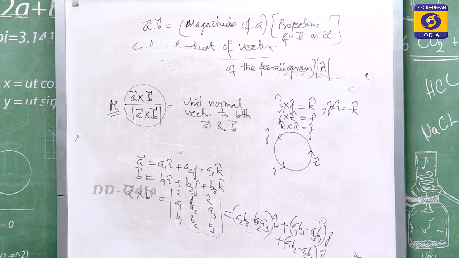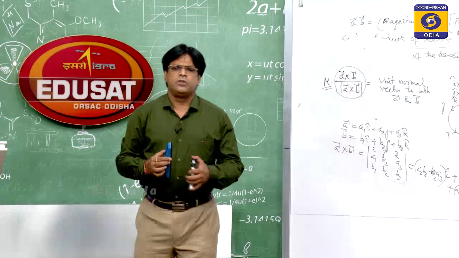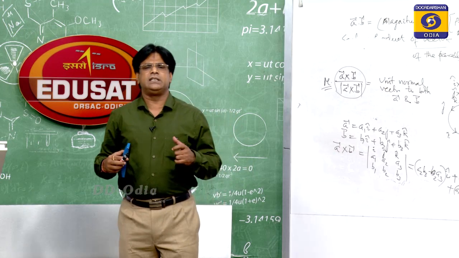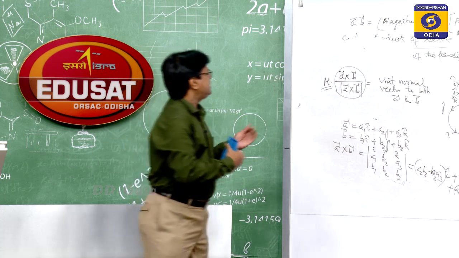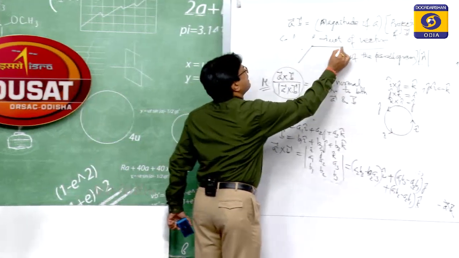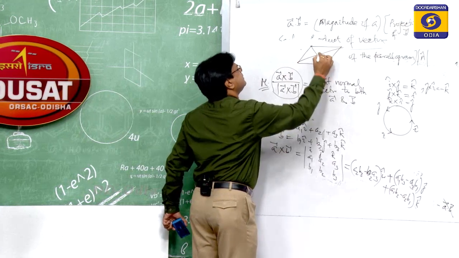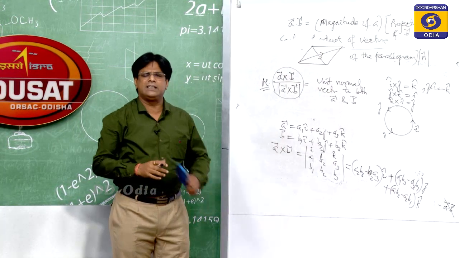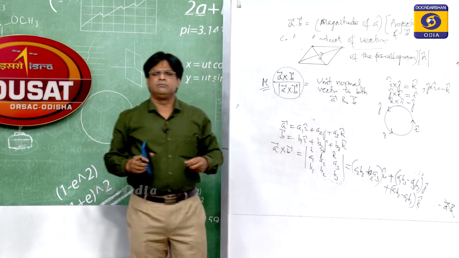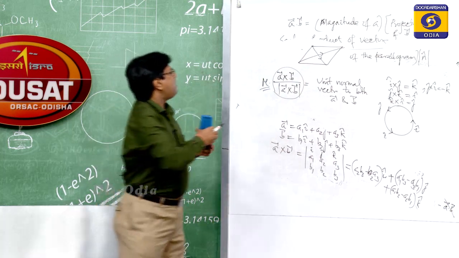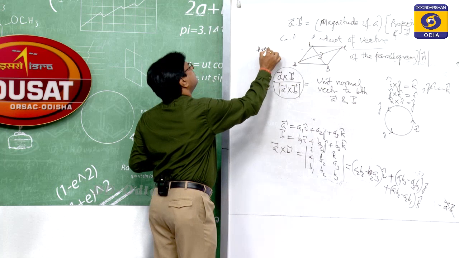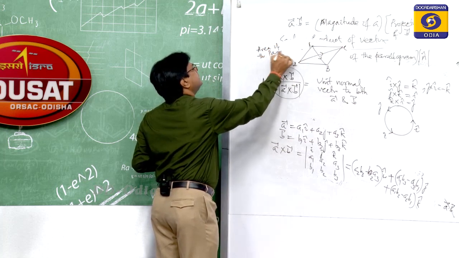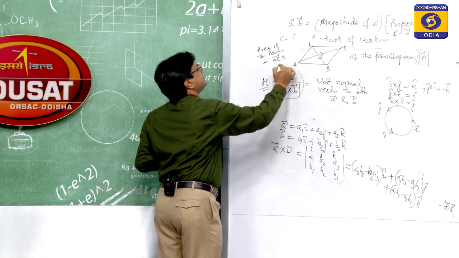The area of the parallelogram with adjacent sides A and B is given as what? The magnitude of A cross B. The area of a quadrilateral ABCD is given by half of AC into BD, where AC and BD are diagonals. Suppose the two diagonals of the parallelogram are given, then you can also take their cross product. Suppose this is A, B, C, D, then the area of this parallelogram is equal to AC cross DB,